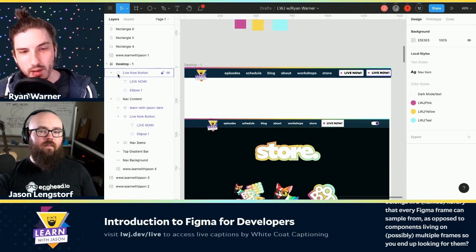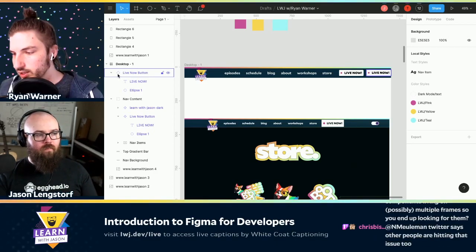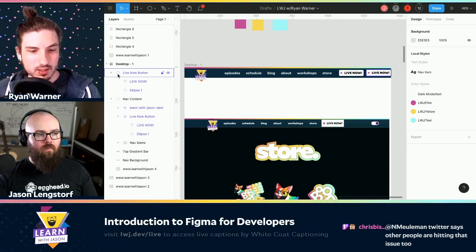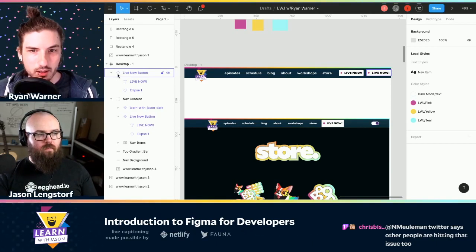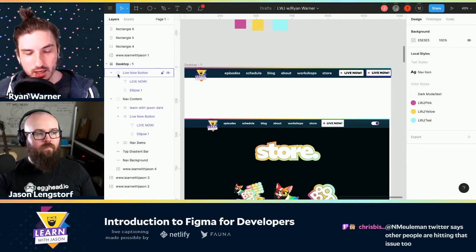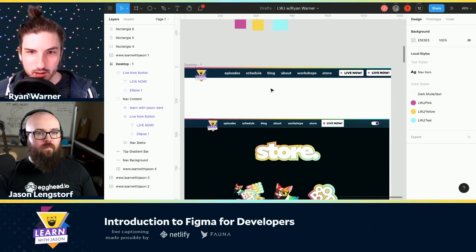So there's only ever one master component, and in that master, you can change things like layout, what elements exist in the component, positioning of things in the component. In the instances, you can still change things, kind of like props being passed down to a component in React.